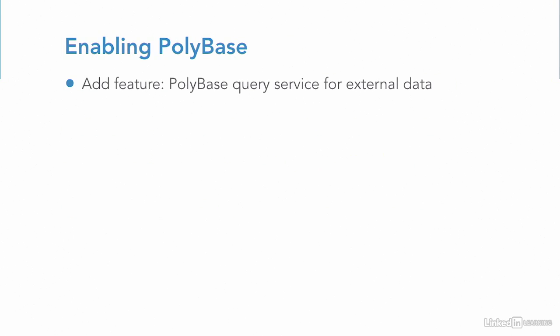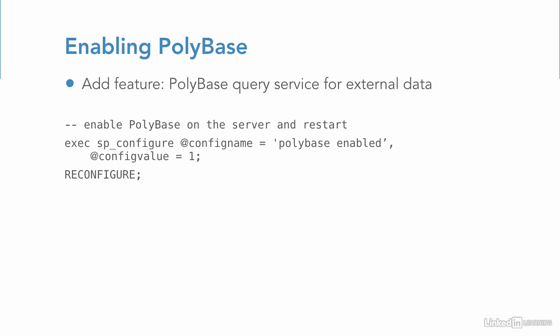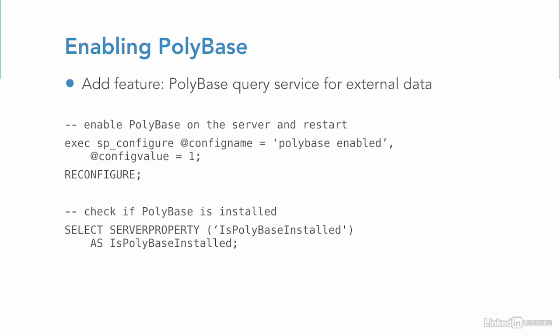Support for PolyBase is added to SQL Server during the initial setup of the server instance, or by going back into the Setup application and choosing Add Features and checking PolyBase Query Service for external data. Once PolyBase is installed, it needs to be enabled on the server using the T-SQL command shown here. You can also check if PolyBase support is installed with this command,